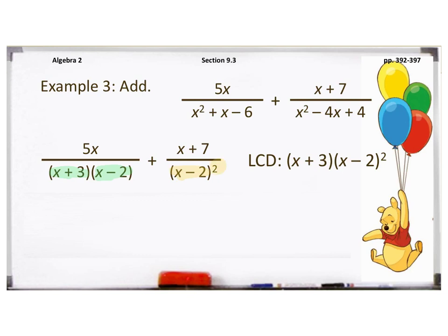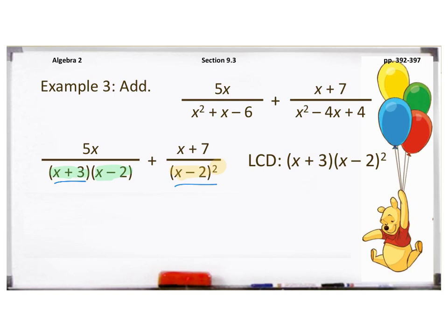Okay, the common is x plus 3 and the x minus 2 squared. Okay, that's my lowest common denominator, lowest common multiple. Okay, now